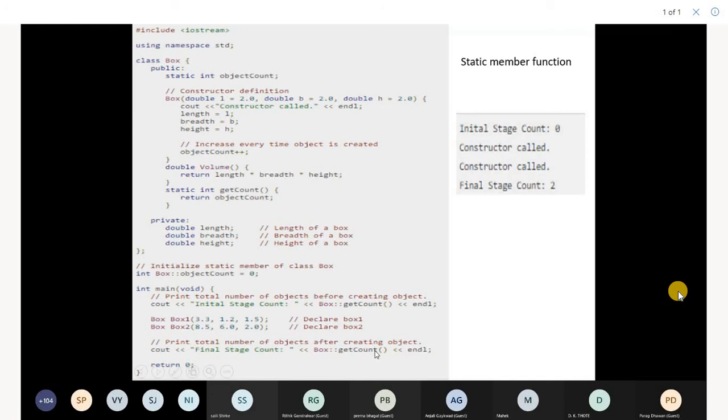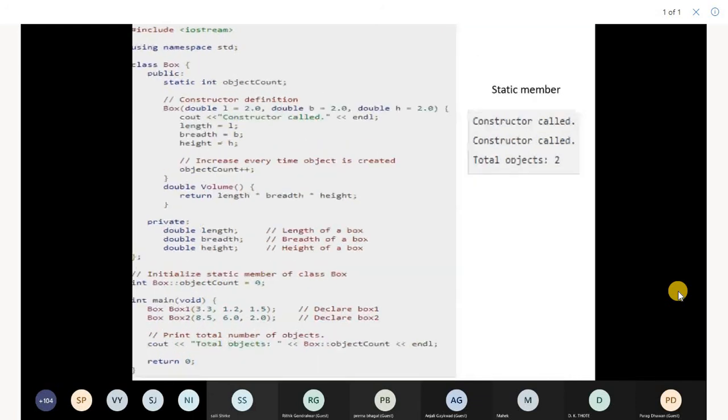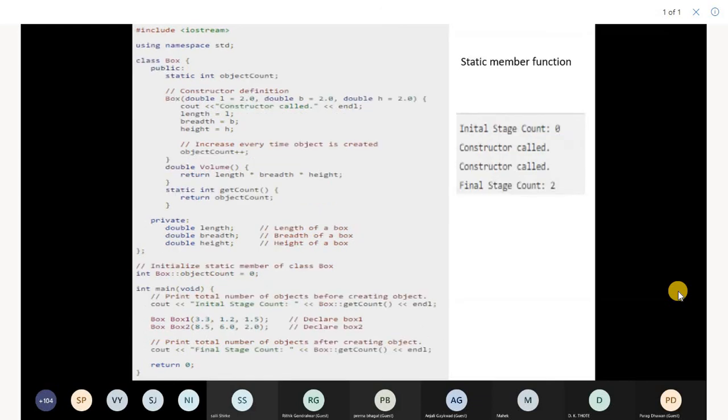Okay, so things to note: when you are writing a static member and static member function, they are preceded by the keyword static. When you are declaring a static member function, you have to declare it preceded by the keyword static.